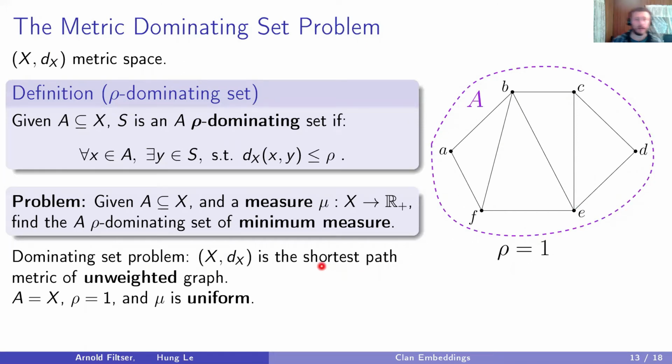So note that the classic dominating set problem will be simply when the shortest path metric is of an unweighted graph. The set A is the entire space, rho equals 1, and mu is the uniform measure. And generally, this is the dominating set problem. However, in minor free graphs and planar graphs as well, this problem becomes interesting with general rho, because now it's